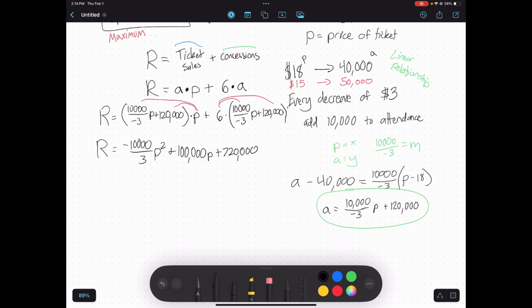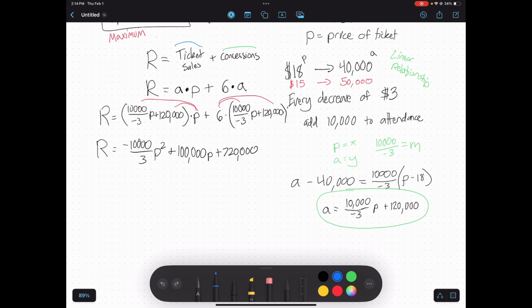Okay, very nice. In case you're curious, what does this 720,000 mean? This now represents the revenue I would get if I gave away my tickets for free. You might be wondering why you're still getting revenue. Remember, concessions. So this would be the amount I would earn on concessions if I gave away the tickets for free. Anyway,